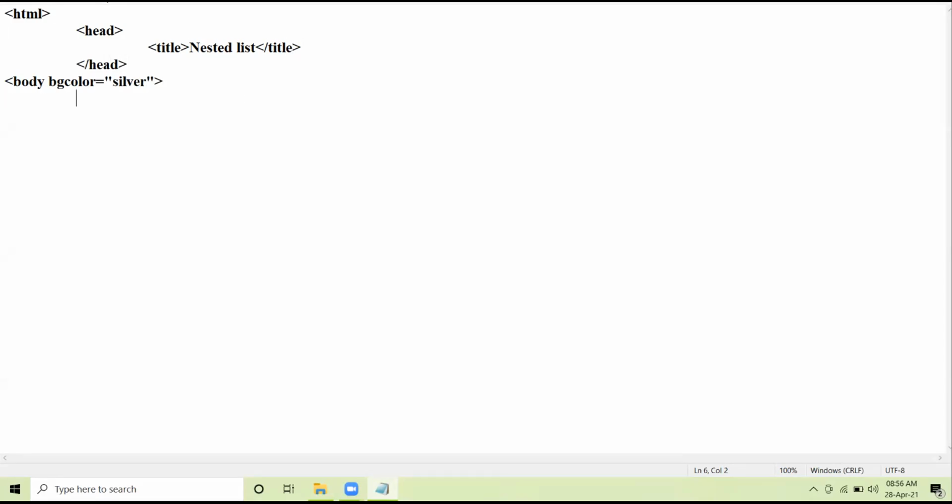Now nested list, as I explained, a list inside another list. One list is outer, one list is inner. The list which is at the inner side will be opened, closed, opened, closed. The list which is at outer side will be opened once and closed at the end.